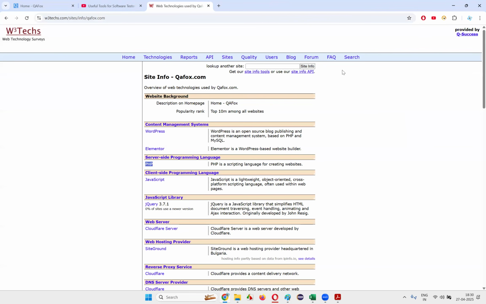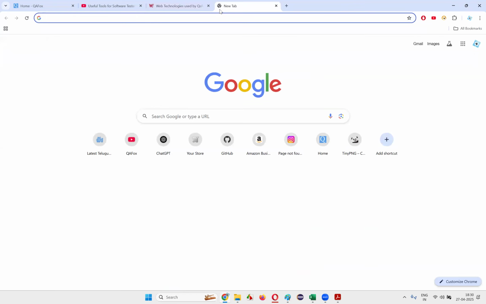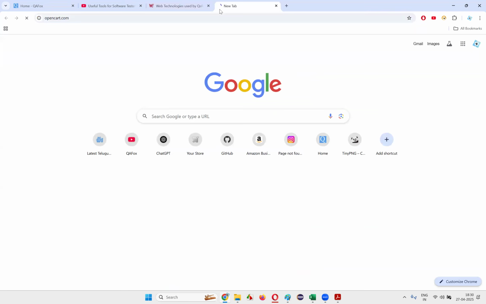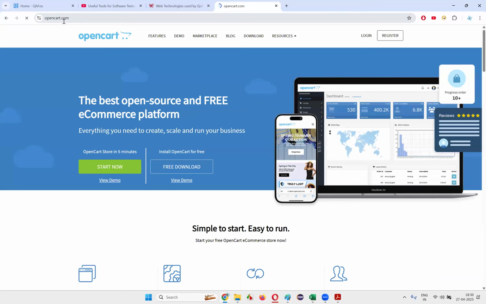Did I develop it? The answer is no. I didn't develop it, guys. Assume that I am the developer. I am just explaining it, but I am not the real developer. So what I did is I went to this website known as OpenCart, which is another company. Here, a free download option is there. I clicked on the free download option